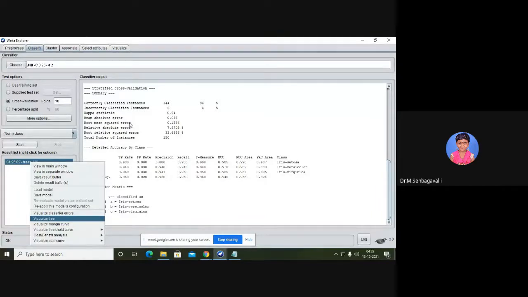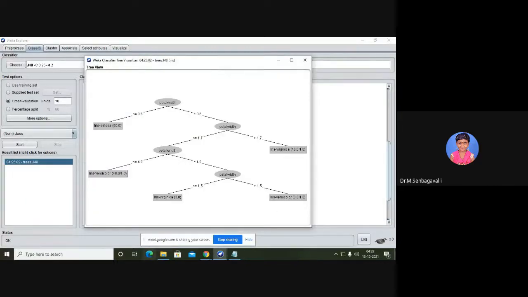Same problem you take. For example, if you are taking medical data, that medical data set you apply with the help of a classification algorithm and a clustering algorithm. Then you analyze which one is providing more accuracy. Accuracy you can get here. You see, accuracy and recall, these are the two important terms we can say. Now you got a decision tree.